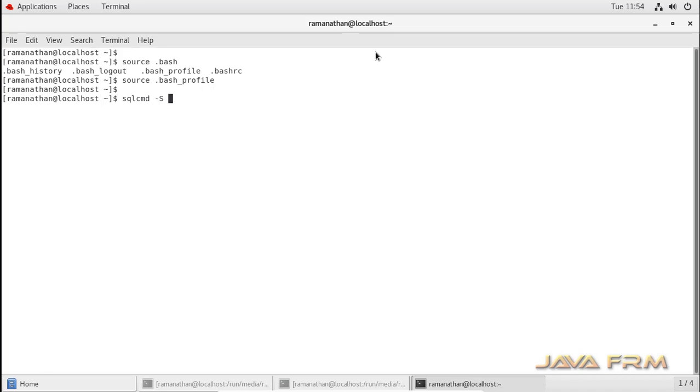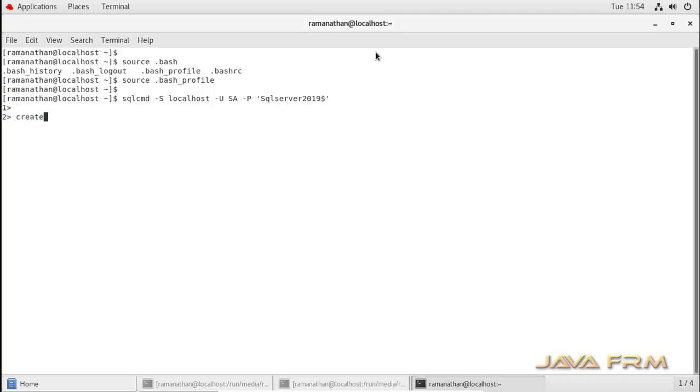Now I am connecting to SQL Server 2019 using the SQLCMD tool. Yes, so I am able to connect to the SQL Server 2019 instance.